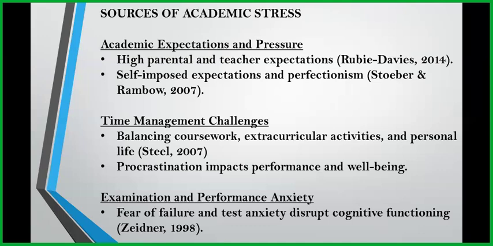Sources of academic stress. Academic expectations and pressure from the side of high parental and teacher expectations, and also the self-imposed expectations and perfectionism from the side of the student itself. Then next, moving to the time management challenges. Balancing coursework, extracurricular activities, and personal life has become complex in student academic life. Next, procrastination impacts the performance and well-being of the students. Next is about the examination and performance anxiety, where the fear of failure and test anxiety disrupt cognitive functioning of